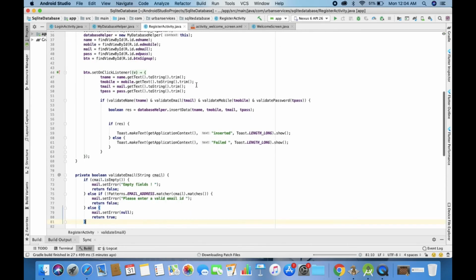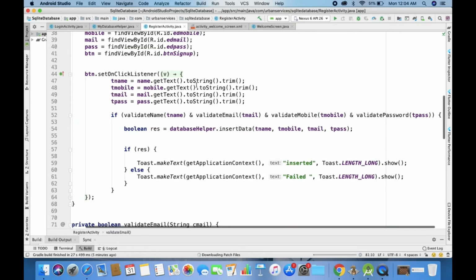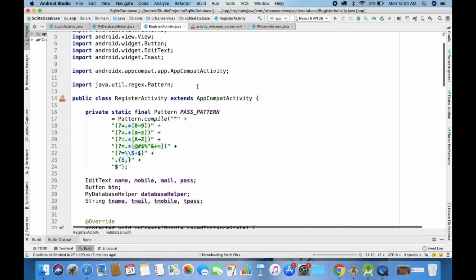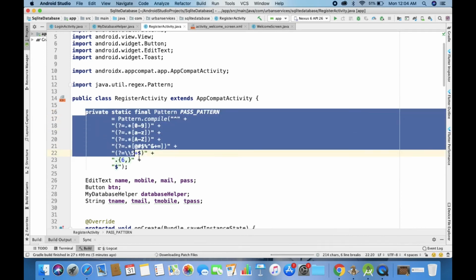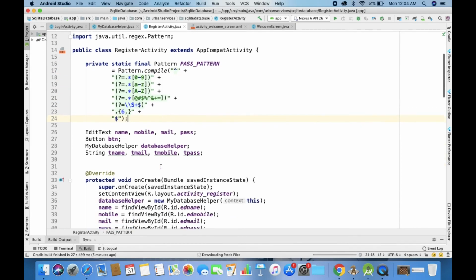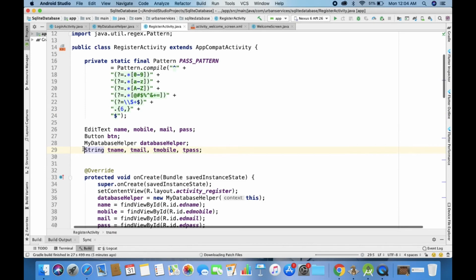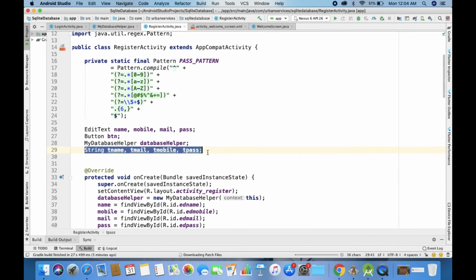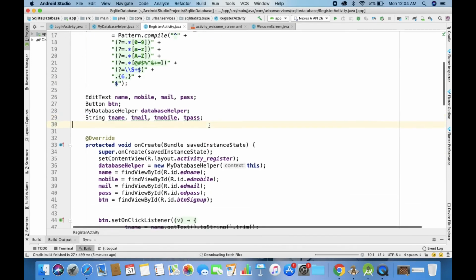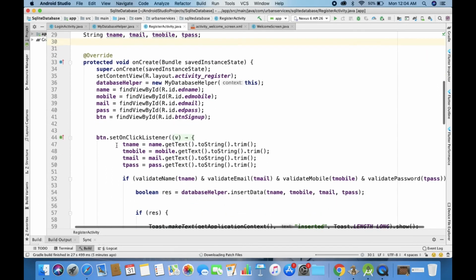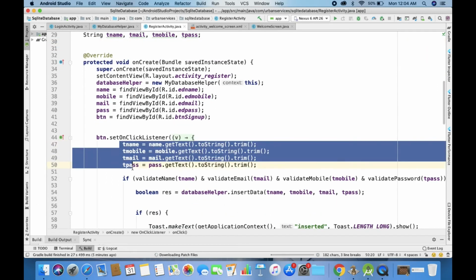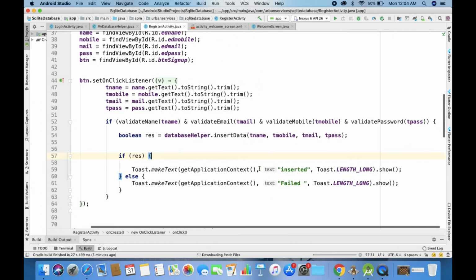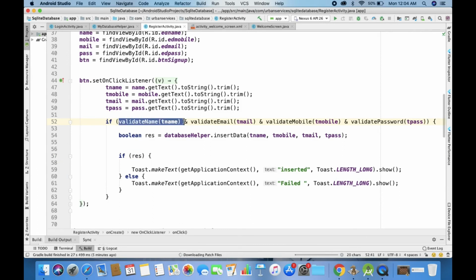Now I come back to the register activity. I copy the same code for the password pattern, because the same techniques will be used here in the validation. I have taken four strings: t name, t mobile, t mail, and t pass. When the button is clicked, the t name, t mobile, t mail and password are read, and then I have designed four validations,